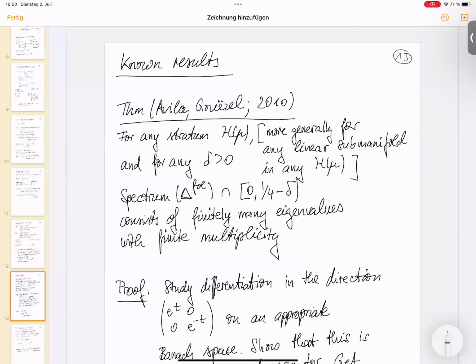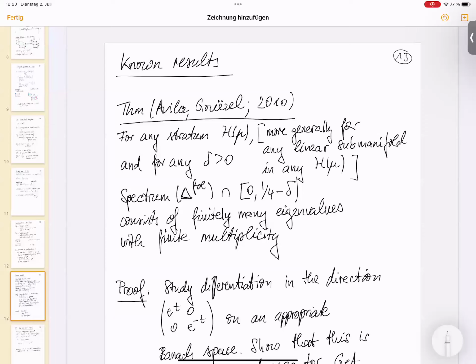But for higher dimensional strata, there's basically one result, although it's a really major result, by Avila and Güzel, dating almost 15 years back, which is a weak version of the Selberg conjecture for strata, namely that for any stratum, and for those who know, even more generally for so-called linear submanifolds,